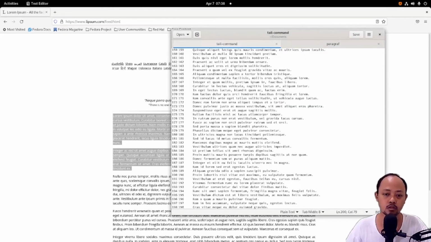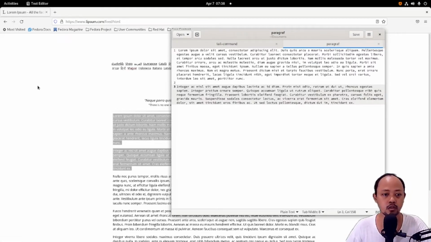The first file is lists and the second file is paragraph.